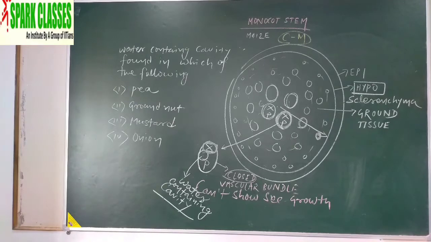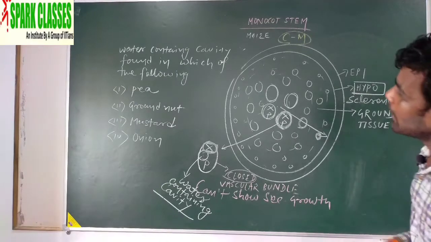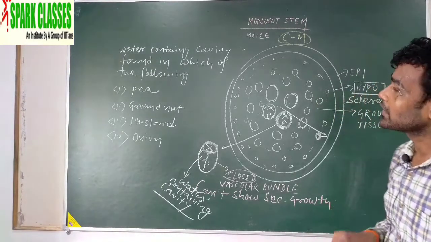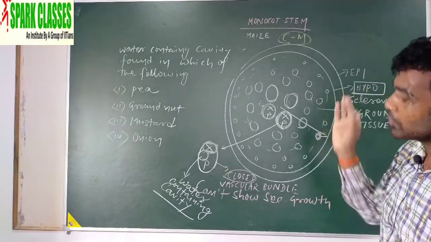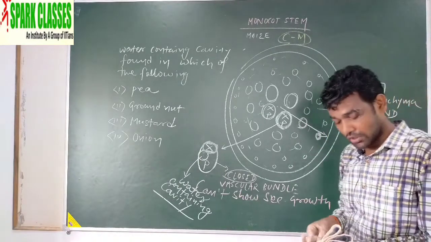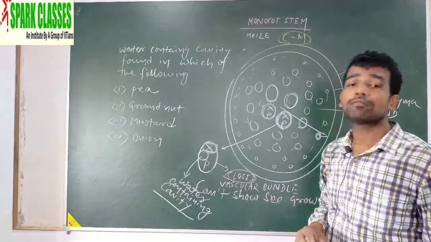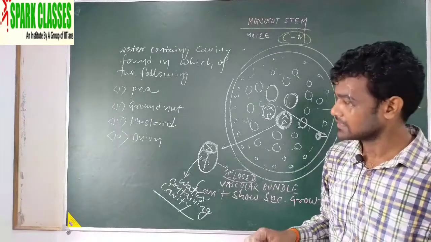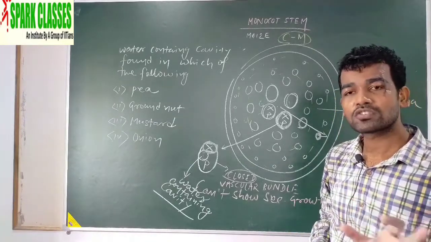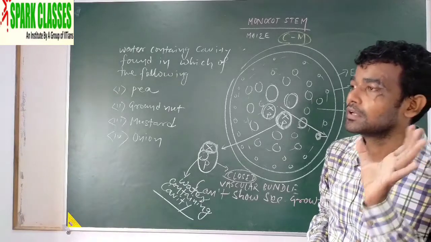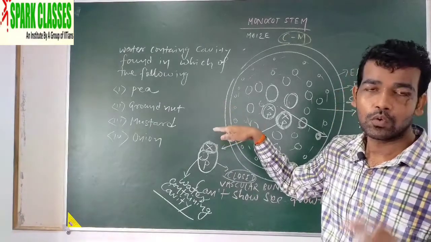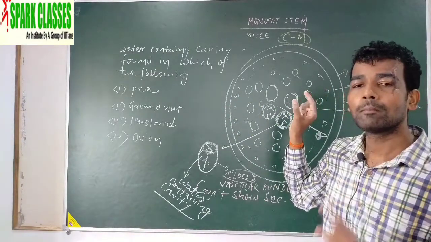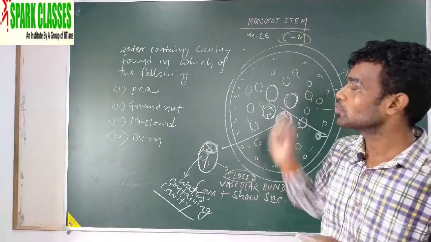So you have to search in this type of question. What you have to do, you have to first search for which are the dicot. If you know the dicot, you have to eliminate the dicots, the remaining will be monocot, or directly you have to remember some monocot. Another chapter is there, morphology of flowering plant. When we discuss morphology of plants, in that chapter I will tell you who are the monocots and who are the dicot and how to remember. So don't worry about these names. Looking at these names, don't panic. I will tell you directly how to remember the monocot plant names, and how to remember the dicot.